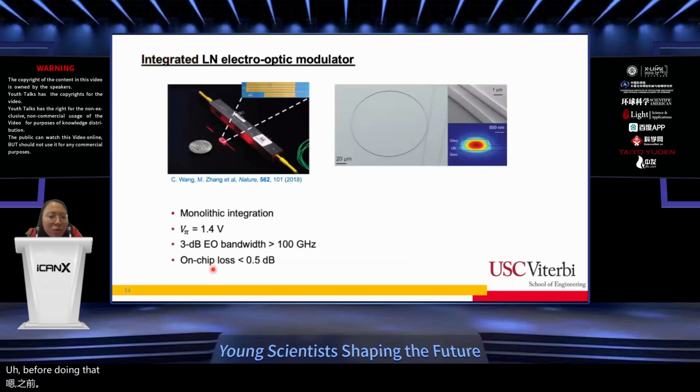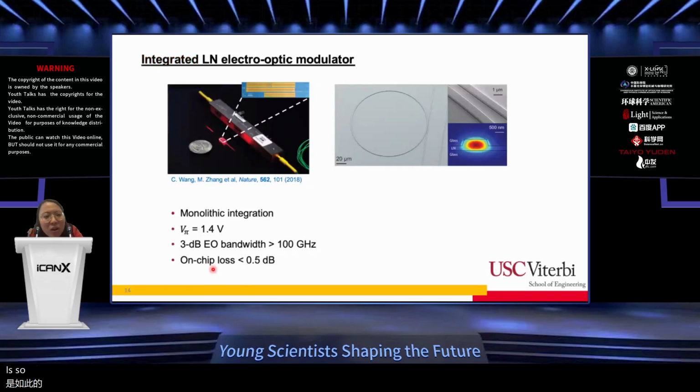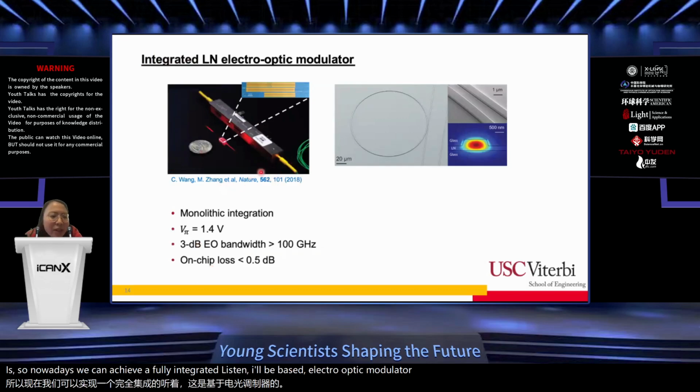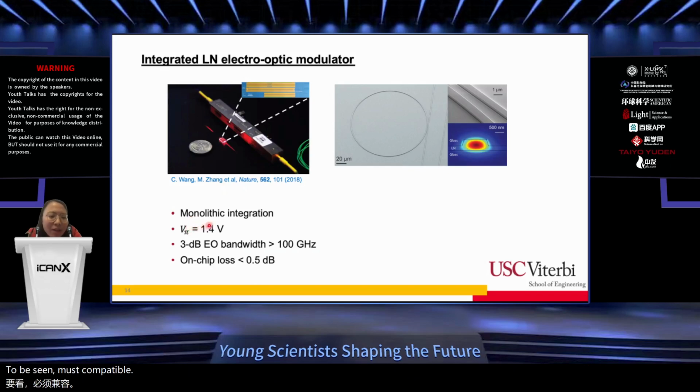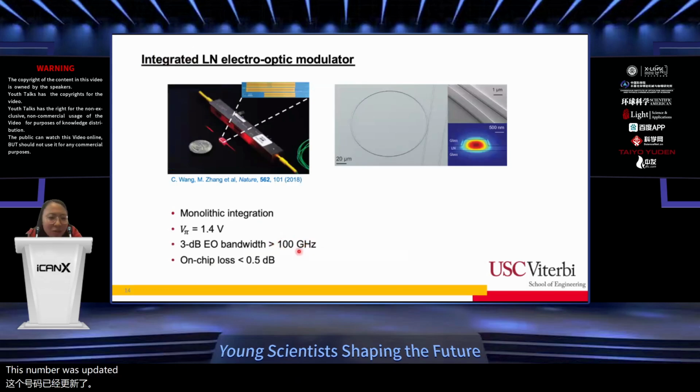Before doing that, I would just like to give you a brief overview of where we are, the state of the art of electro-optic modulators. Nowadays, we can achieve fully integrated lithium niobate-based electro-optic modulators with a switching voltage, which we call V-pi, at a CMOS-compatible level down to 1.4 volts. And you can achieve a 3 dB electro-optic bandwidth larger than 100 gigahertz. I actually think this number has been updated to 300 gigahertz nowadays. That is how fast you can encode data using the device, and with a very minimal on-chip insertion loss of